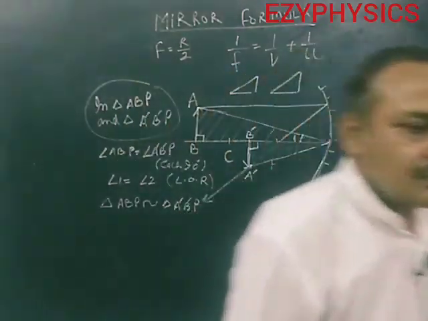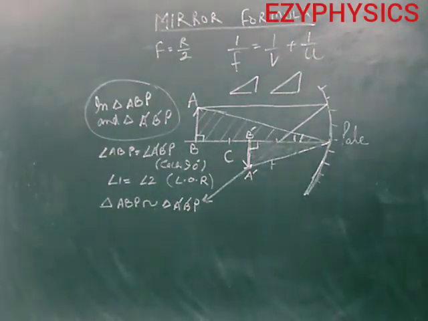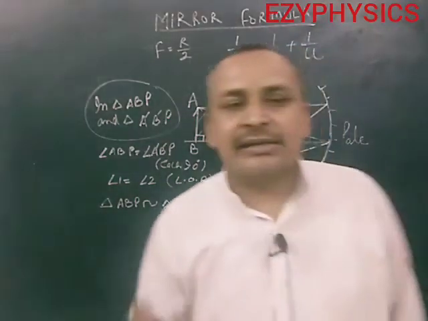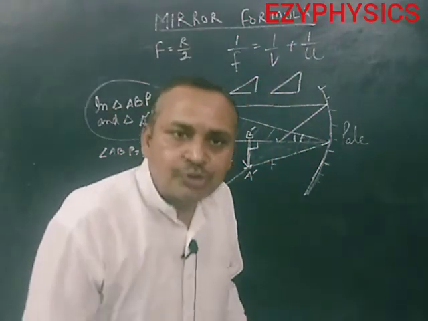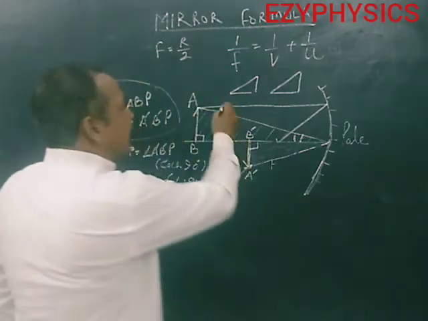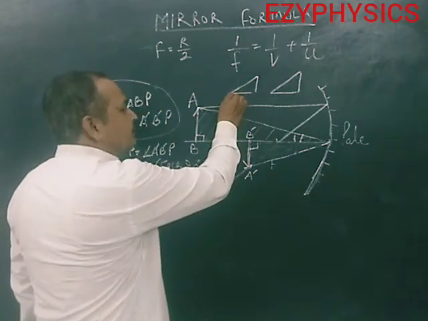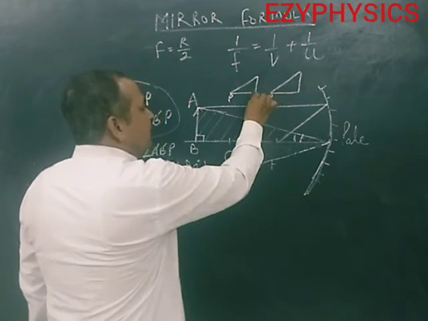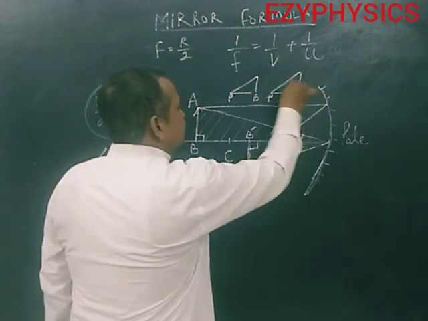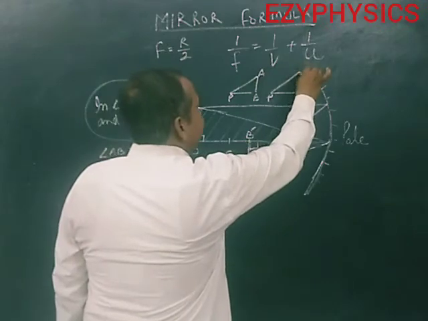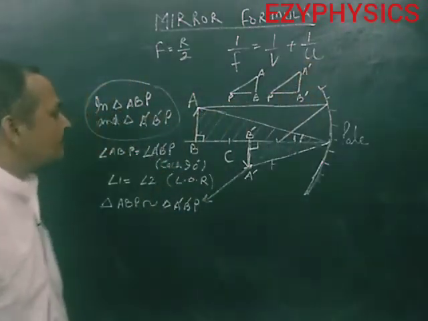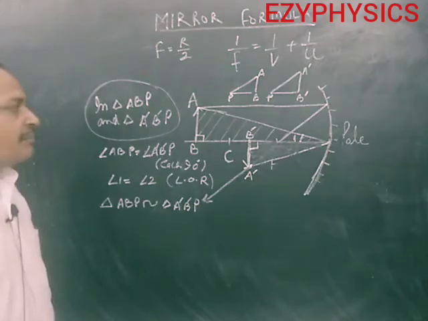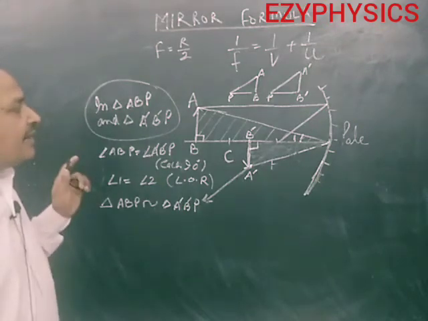Any doubt? And as a mathematics student, you also know that whenever two triangles are similar, their corresponding sides are proportional. It means if this is P, this is P, this is B, this is B', this is A, this is A', then what will I get, my dear friends? I will be getting